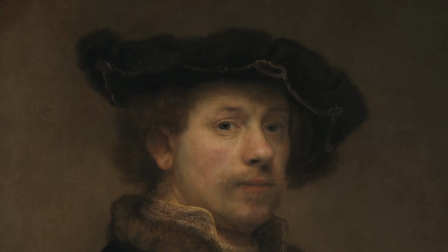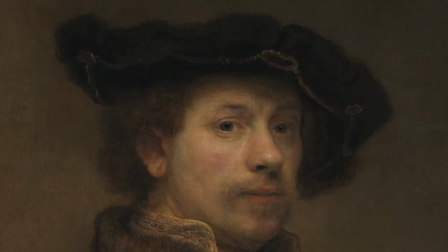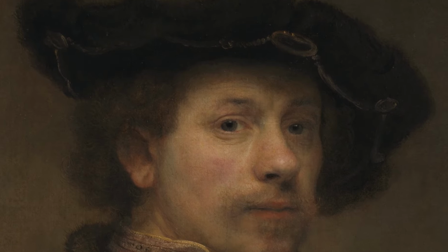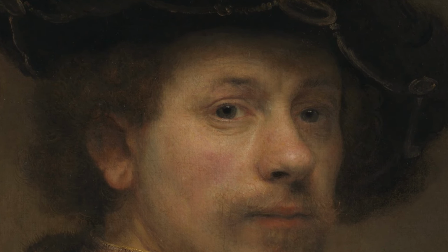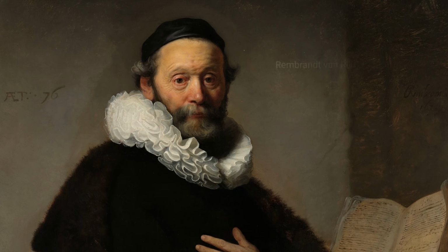Rembrandt pays careful attention to how the light illuminates the skin of his face, showing its imperfections and the early signs of aging. And look at the careful shadows created by the cap and the sense of depth this creates in the face. Rembrandt painted this in 1640, when he was living in Amsterdam and was considered the go-to portraitist